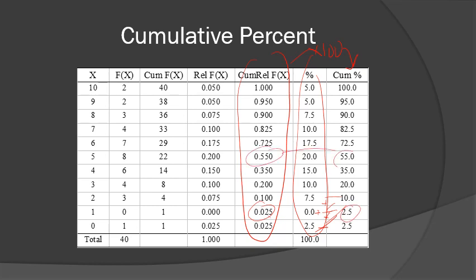0.550 times 100 is 55%. So you can see here, good thing to look at, 55% of the values are going to be at and below 5. And that's a good thing to know if you wanted to say, okay, well,